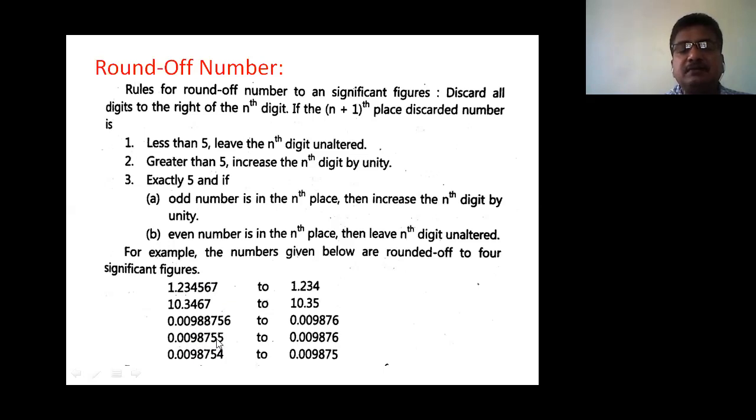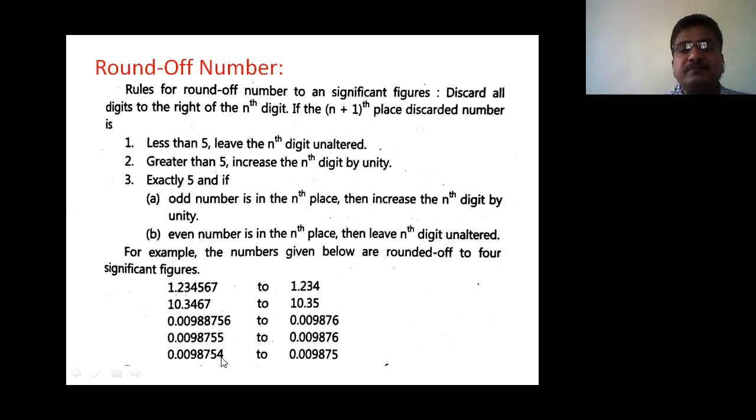So here the third A is applicable. Third A, 9876. So round up to 4 significant figures. And so we have to round up this number up to 4 significant figures. That is